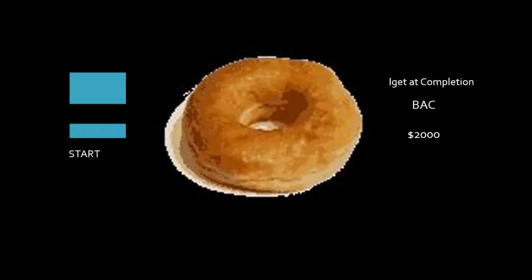Let me show you what I mean. This is the regular guy thing, is what I'm talking about. You think of that $2,000 as a donut, okay? Your budget is a donut, and I use this analogy because your budget gets eaten into as you're progressing through the project. Little bites are going to be taken out of this donut, all right? I'm going to pay for this. I got to pay for that. I got to pay for labor. I got to pay for